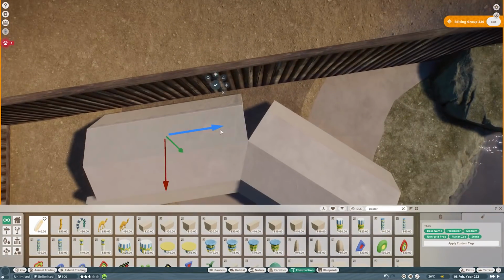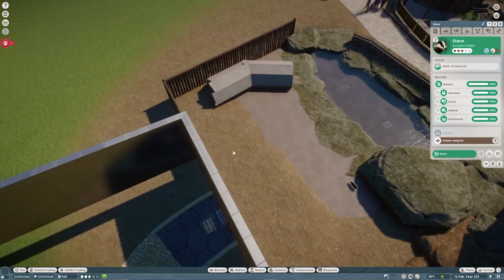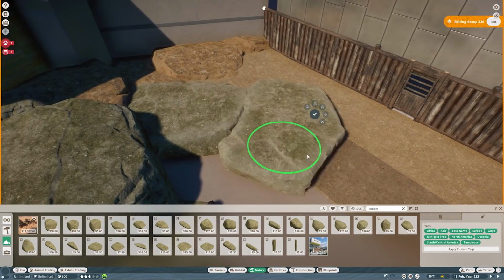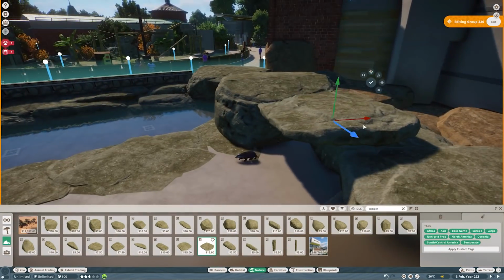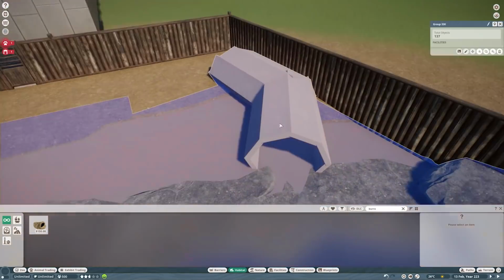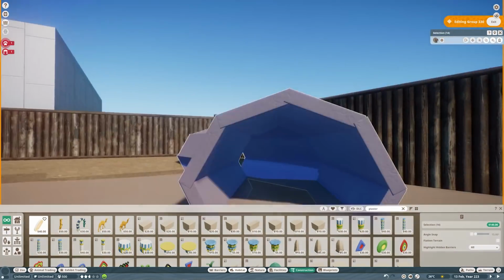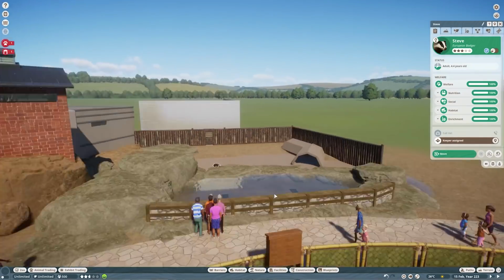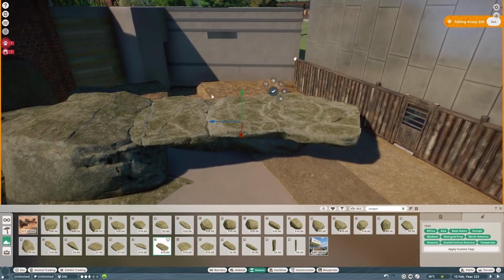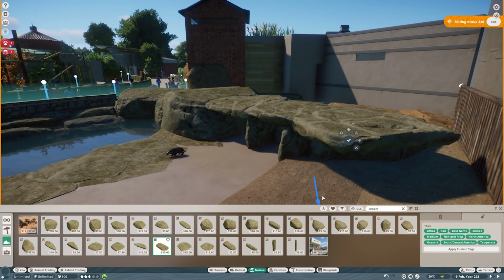So it seems that the two fixes for this are either to build a huge concrete box in the ground that then gets refilled with dirt, so they are able to make their own burrows but they're basically fenced in underground as well, or the other option is to give them a concrete substrate that has dirt, straw and sand placed over the top of it, so they still get a lot of that interaction they need for their nails and claws, something they can rummage around in, but they're not able to truly burrow down,